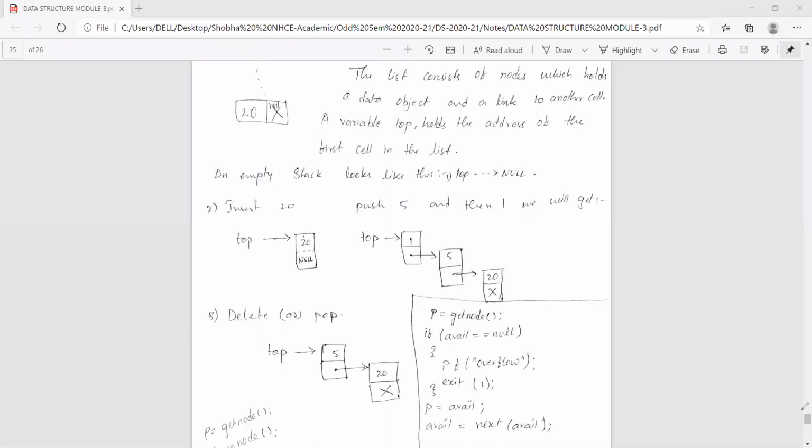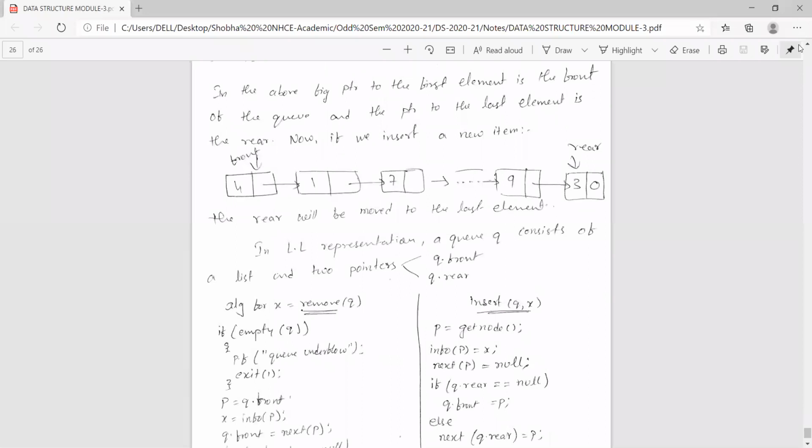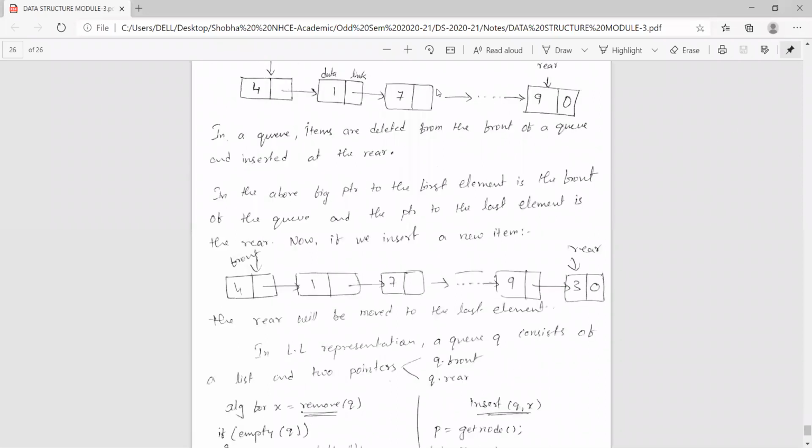On the other hand, if you consider the queue representation using linked list, this is how we can represent it. In queue, we know we are using the first in, first out logic. Most of the interview questions also ask how you can implement a queue using linked list, how insertion will happen, how deletion will happen. So this is one of the important questions. If the session ends, please join back again, because we will just finish this queue and then wind up for the day.